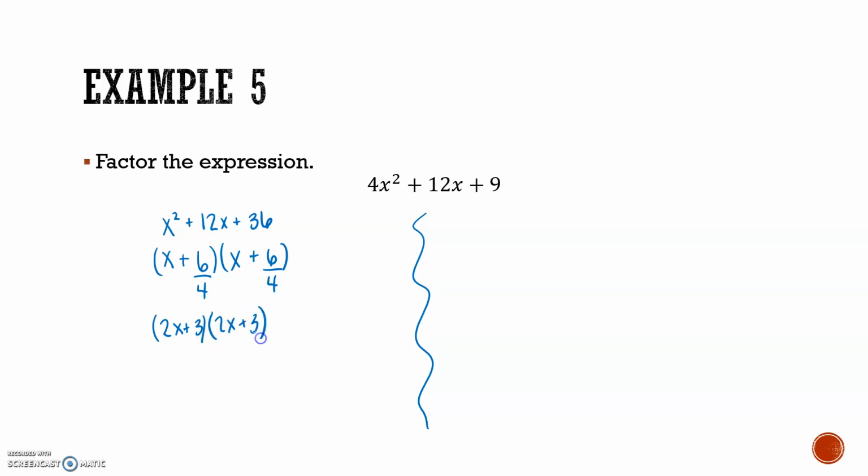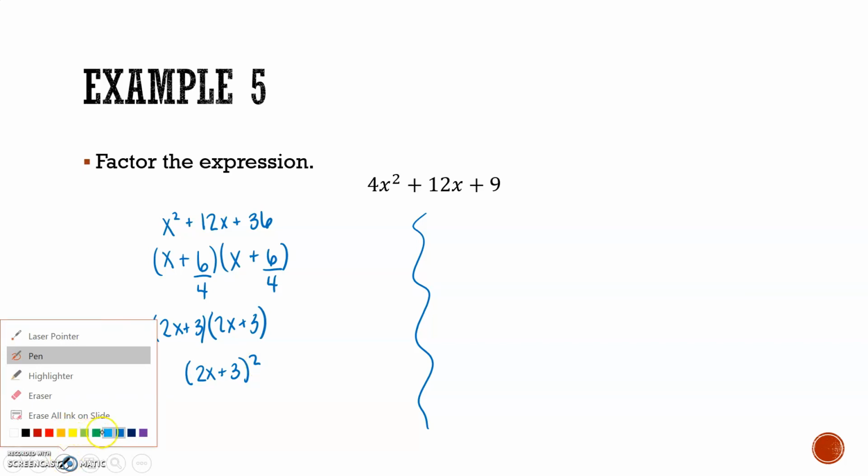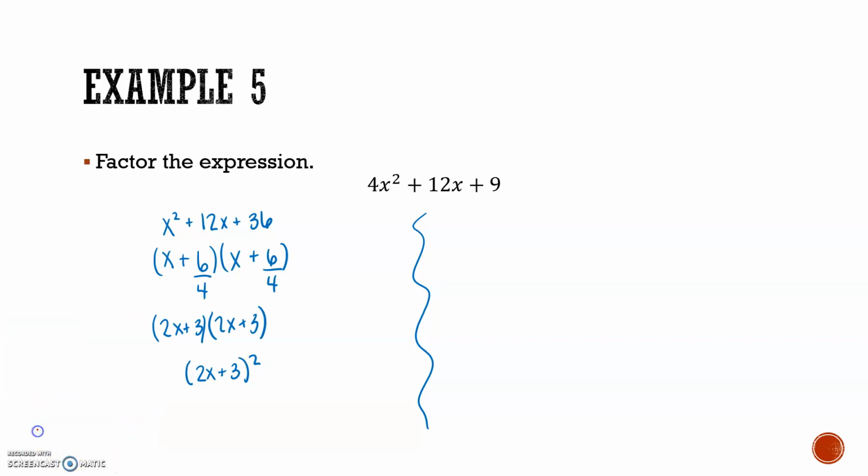And if you decide that this is the method that you want to stick with, that's fine. You do still need to recognize that if these are the same, it can be written like this, and you do need to simplify it completely to one set of parentheses squared. But my hope is that we'll get really good at recognizing special cases, and we'll go, wait a second, if I take the square root of 4x squared,